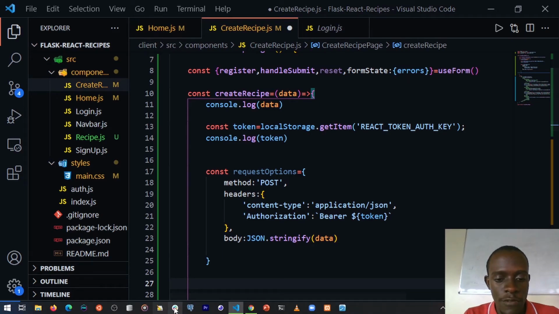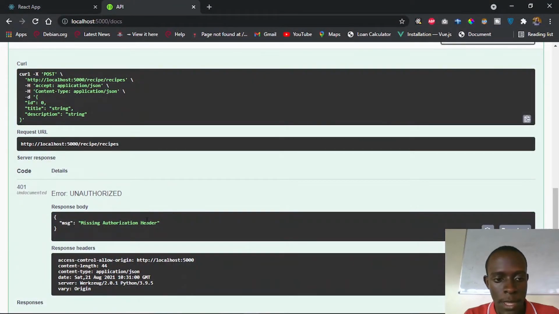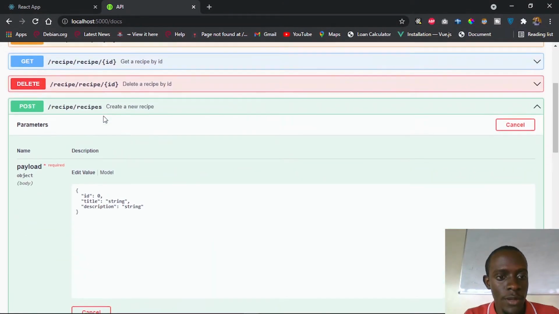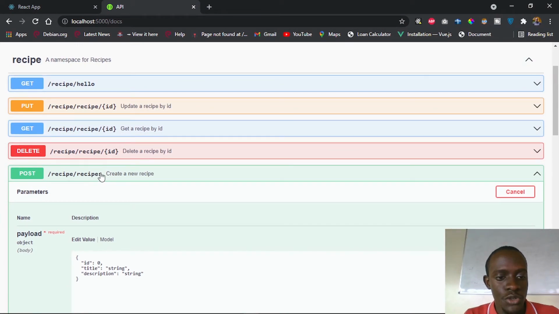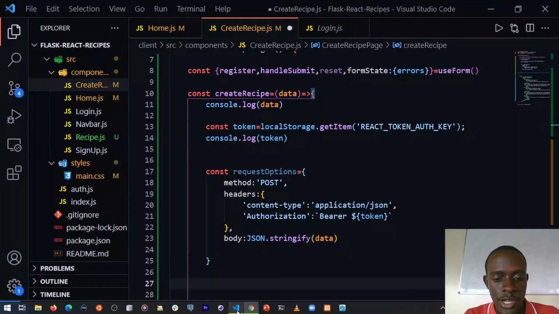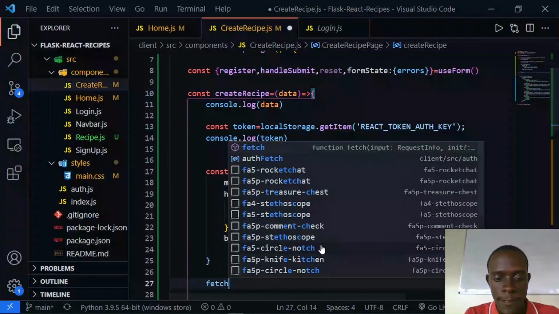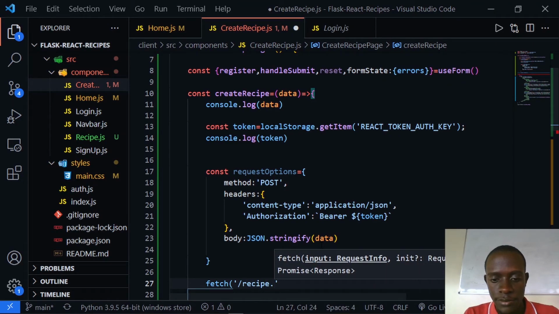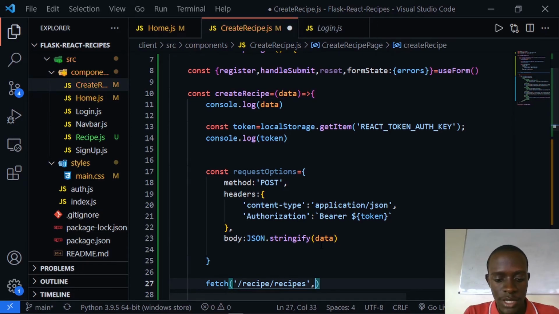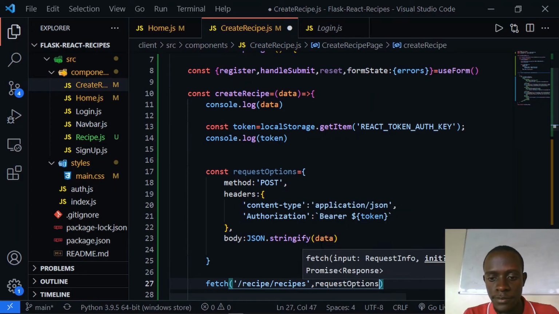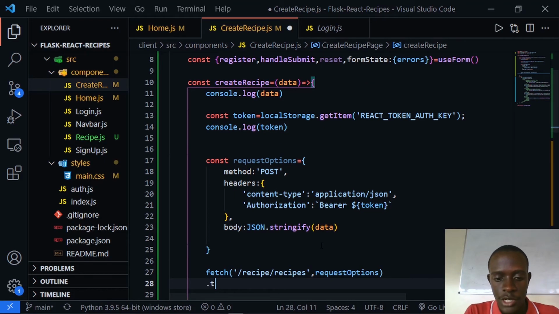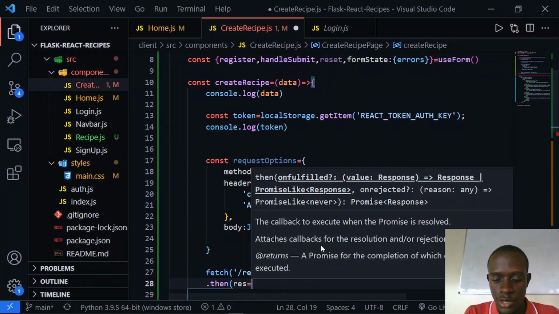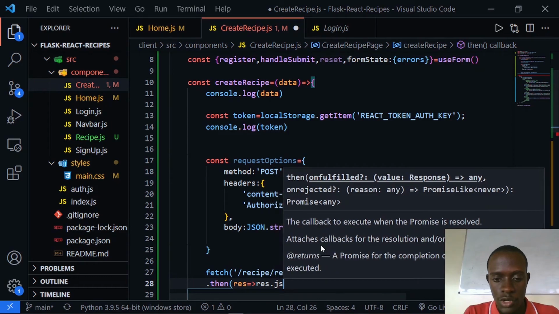So let's try this. I'm going to head over to our backend documentation, and right here we have our route being recipe/recipes. I'm going to head over to our code right here, and what I'll do is to say fetch. And then right here we shall say recipe/recipes. I'll pass in the request options as well. Then I'll say .then, and I'll access the response as JSON. So I'm going to say response.json,